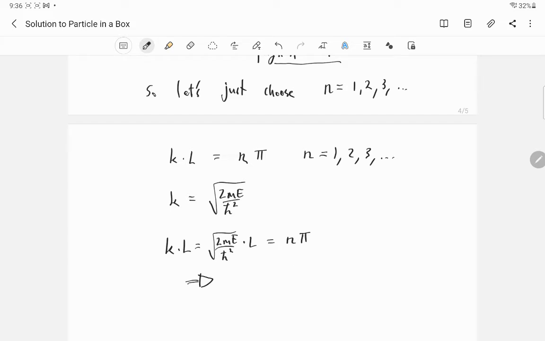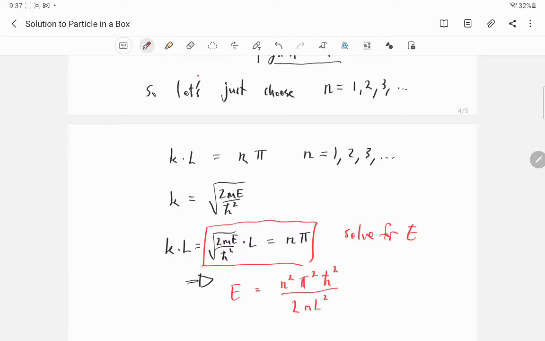And what this implies is, let's take this thing right here and solve for E. And what you're going to get is E is equal to, let's see, I wrote it down on my piece of paper over here. So E is equal to n squared pi squared h bar squared divided by